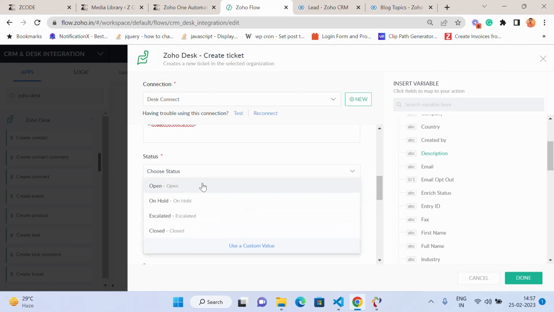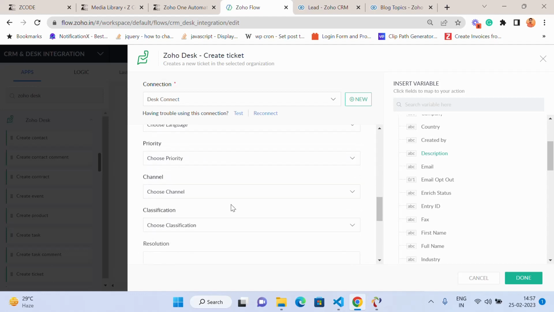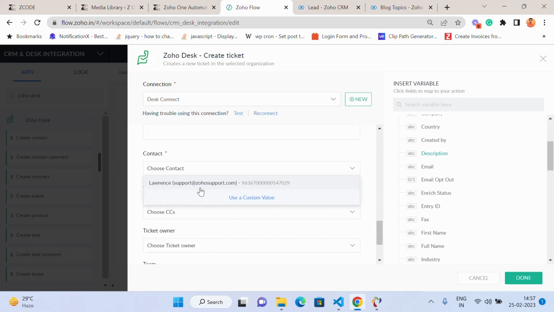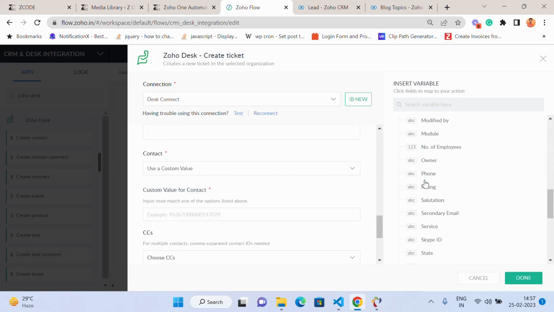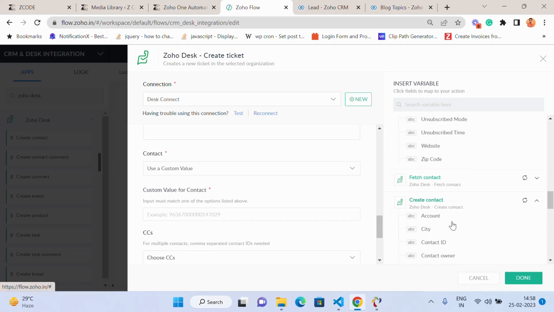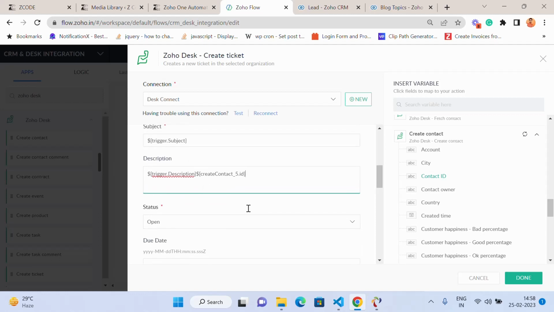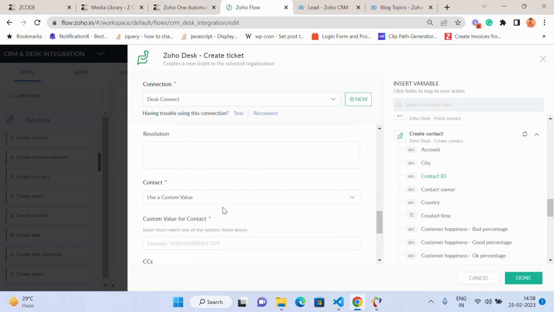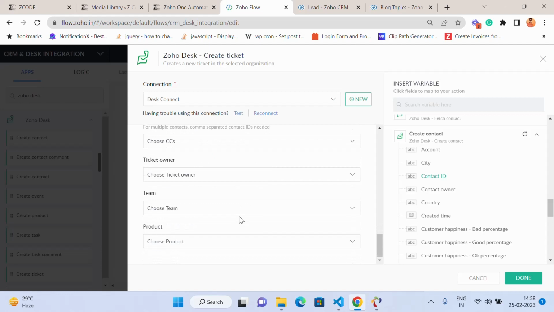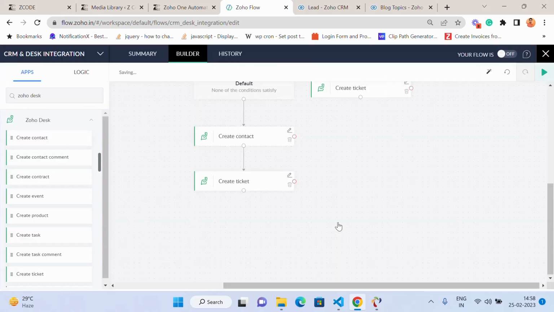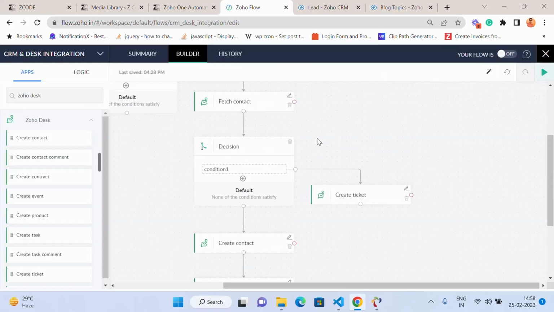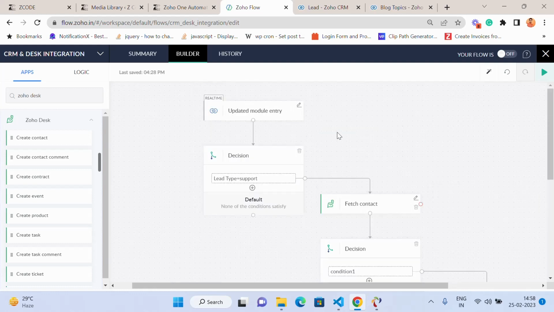Status would be open, and contact ID would be custom, which is this one, contact ID. That's it. Okay, hold on. Over here. That's it. Done. So it was our overall configuration for the integration of Zoho CRM and Zoho Desk based on